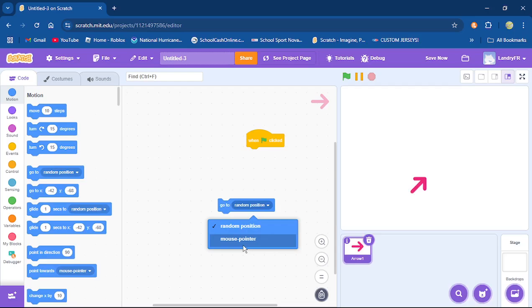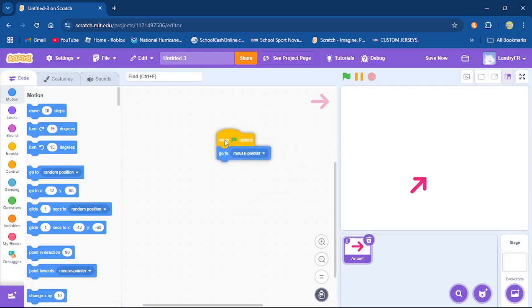But if you click on it, underneath here, you're going to have every single sprite that you've created up to date. So if you have 25 sprites of apples, oranges, bananas, basketballs, whatever that you've taken from the library, every single one of those sprites is going to be here, all right? With the name that you called them. So we could switch it to mouse pointer, and that's pretty basic as well. When you click the button, it's going to go to your mouse pointer. But since my mouse pointer is not there, it's just trying to get to wherever my mouse pointer is.